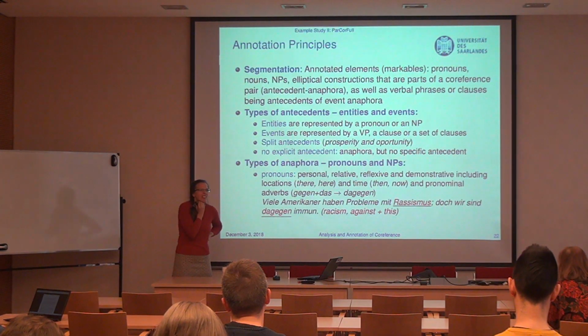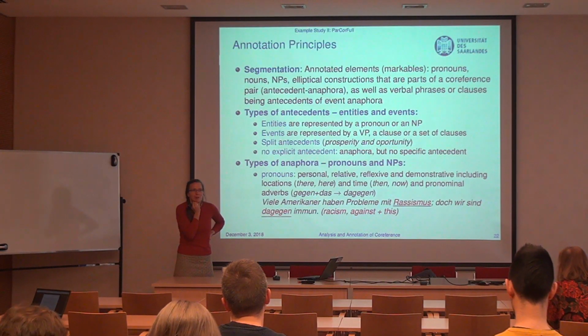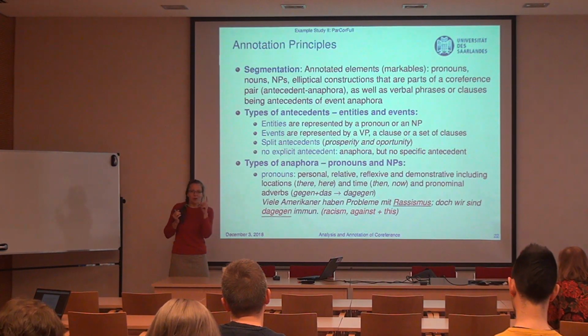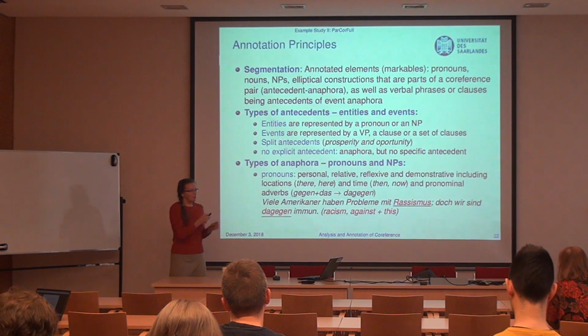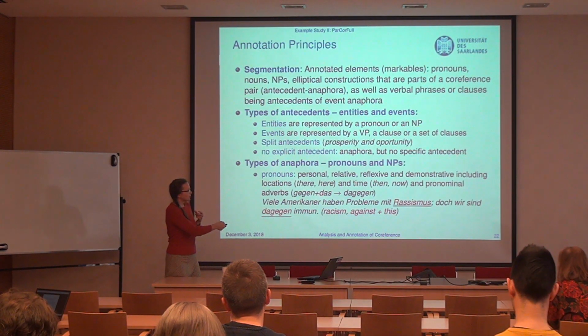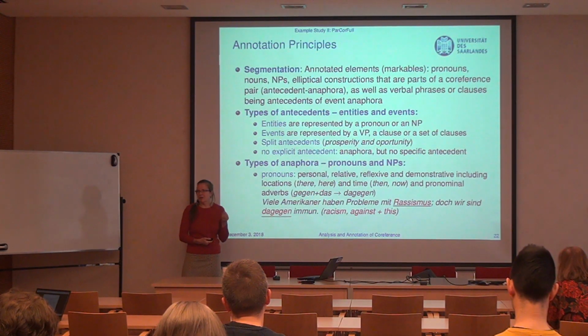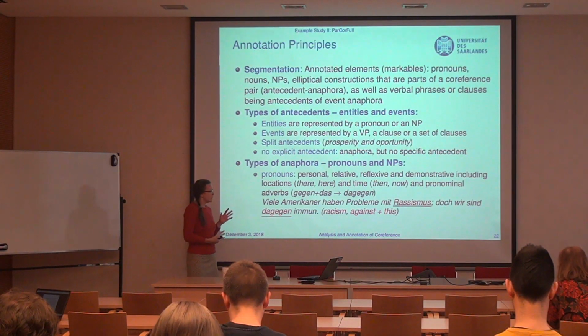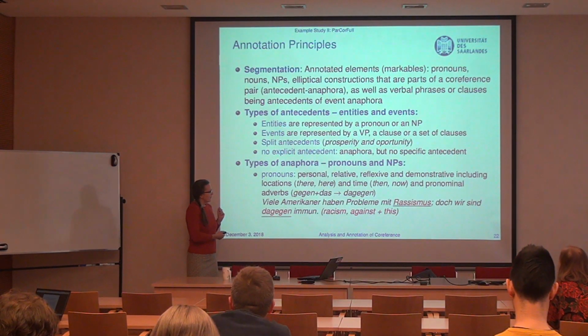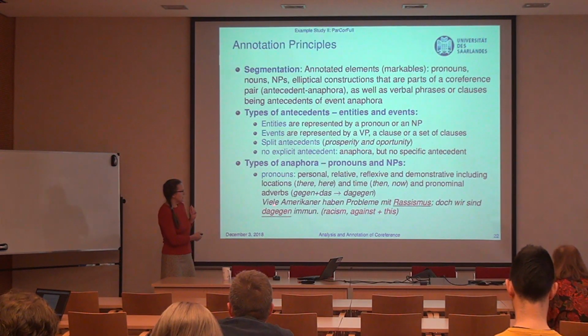In English you have something like there, thereby, so these words which have a different meaning, and the meaning that is used in German is rather archaic in English, but in German they are frequently used. So this is a conjunction of a preposition and a pronoun, or even a definite article. Mostly it's a pronoun, I think. For example, "hier, viele Amerikaner haben Probleme mit Rassismus, doch wir sind dagegen immun." So lots of Americans have problems with racism, but we